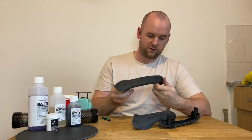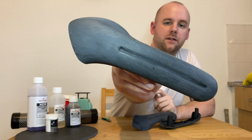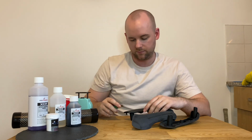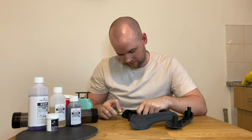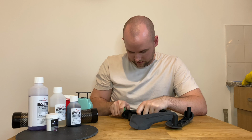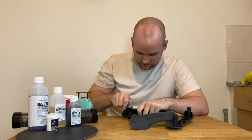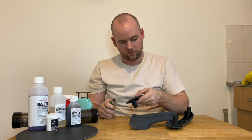I don't know if you'll be able to see, but that's pretty much how much I've etched them. And now what I'm going to do is go around the edges with a little Stanley blade, just to give it a bit more to stick to as well. The little guide video just goes around and basically scores into the edges like this. So I'll do that around all the edges,